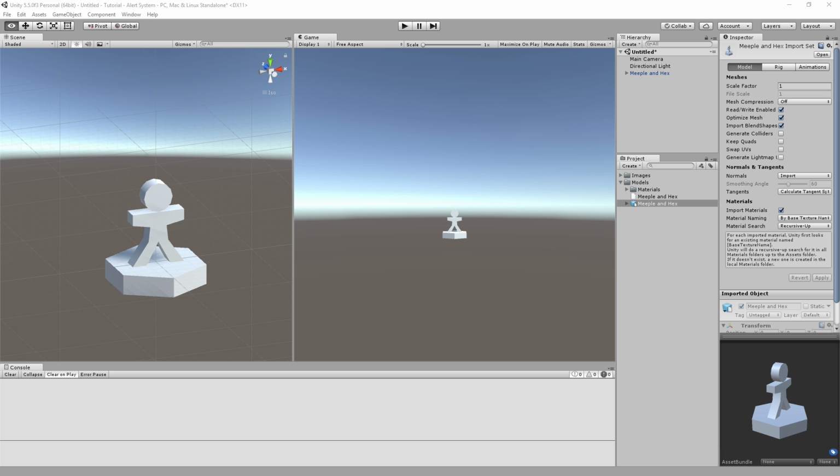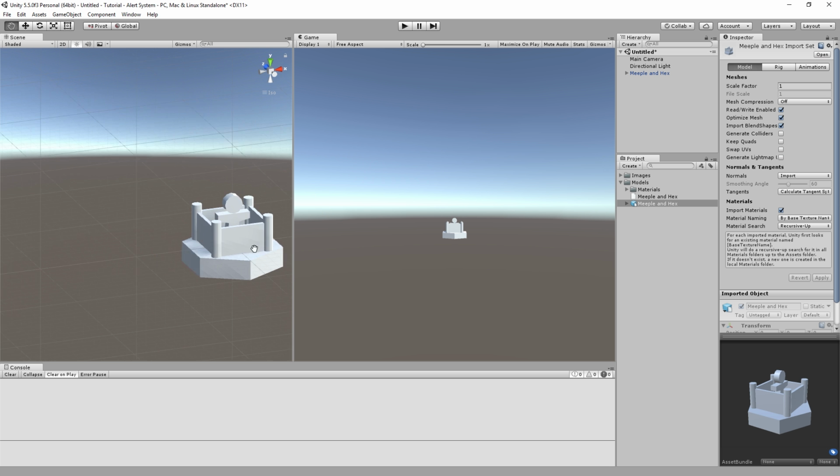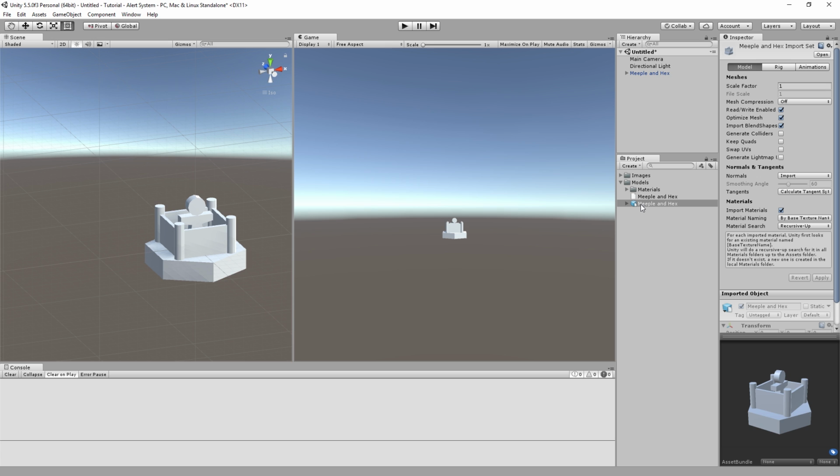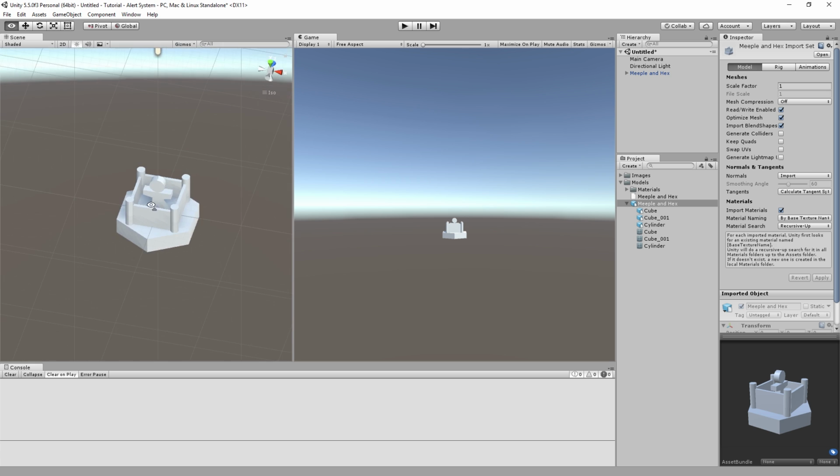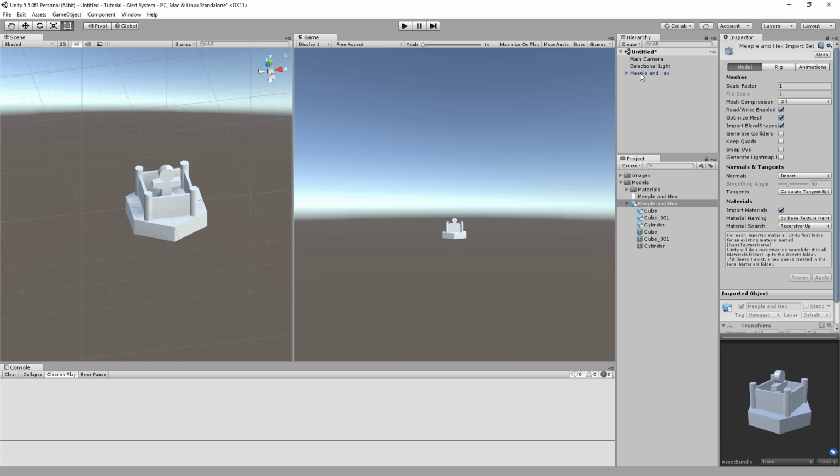We're going to go back into Unity over here, and there we go. So if I were to drag the entire meeple and hex object, which I just made, into the Unity space, then I get this. In practice, we won't be doing that. What I'll be doing